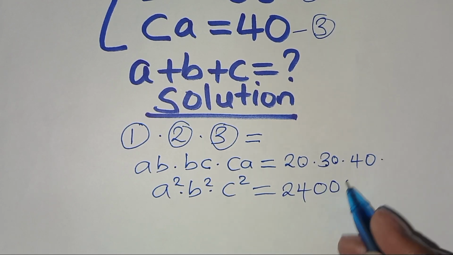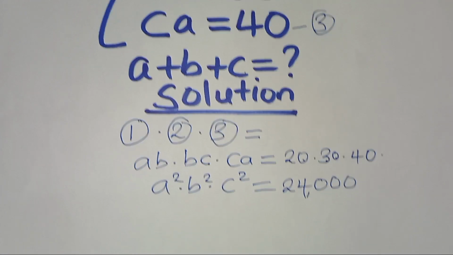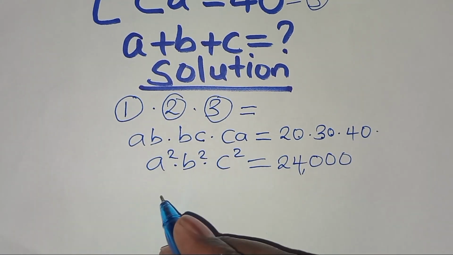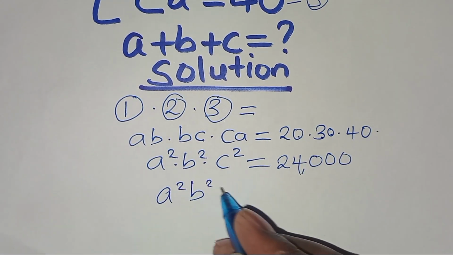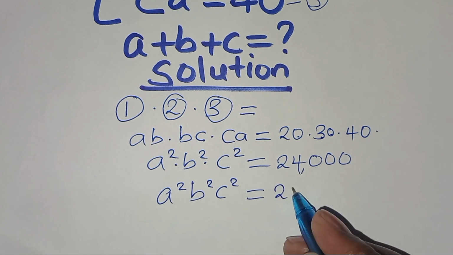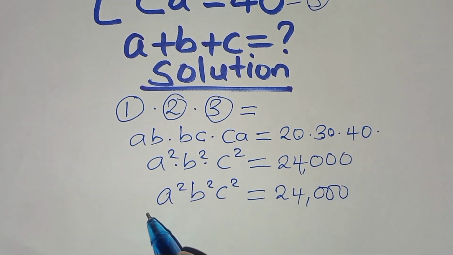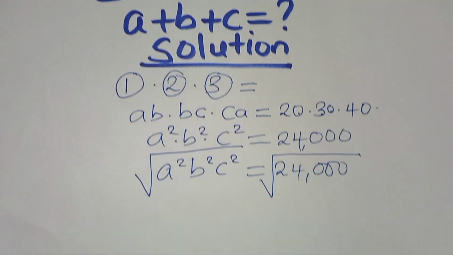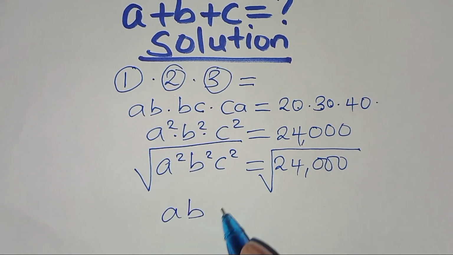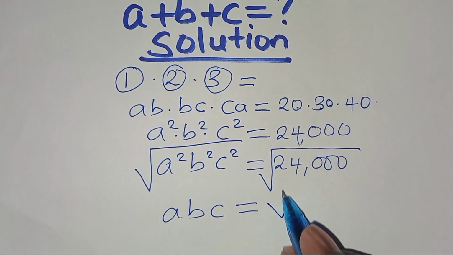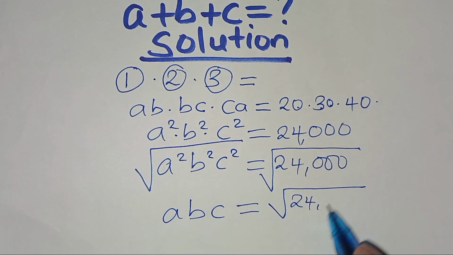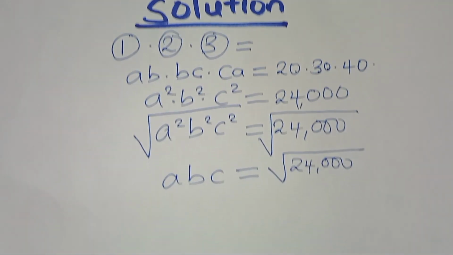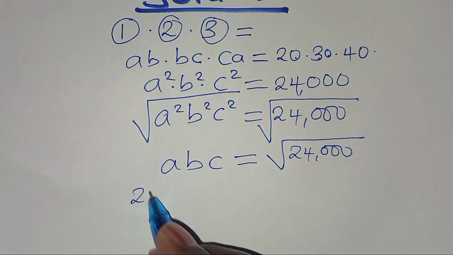1, 2, 3, this is actually 24,000. So in the second case here, we have a squared, b squared, c squared equal to 24,000. So let's get the square root on both sides so that we can get the value of a, b, and c. So this is equal to the square root of 24,000. So let's factorize 24,000